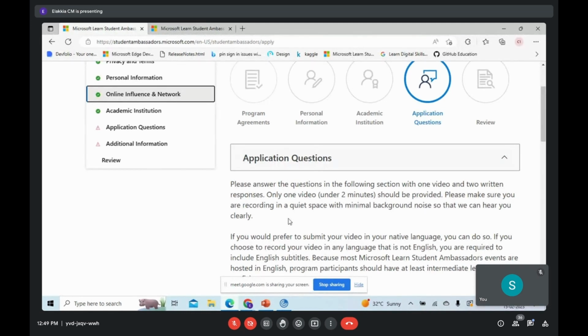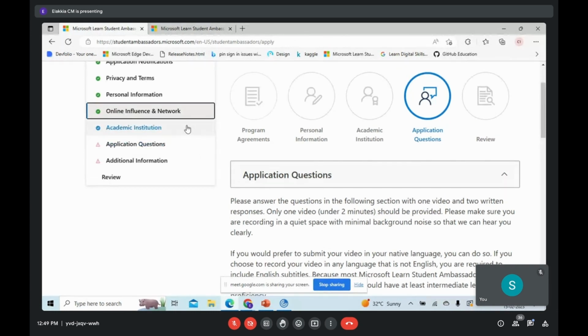Make sure you interact with others. You can also add your YouTube page link if you have one. You can also amp up your GitHub page. You can add pages like that. And it's preferable if you write a blog, they will also consider a tech blog. You can add a link to that and all those things under online influence and network, just to make sure that you're interacting with your peers and you're a person who will help others if you are taken in.